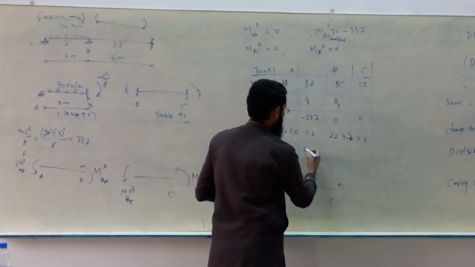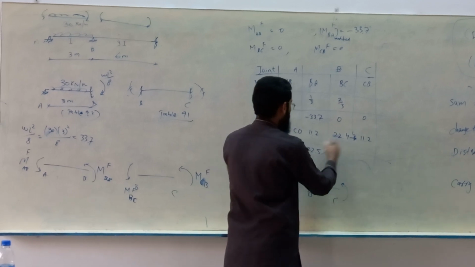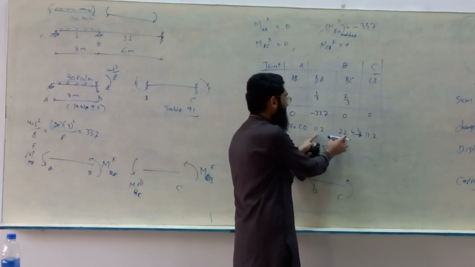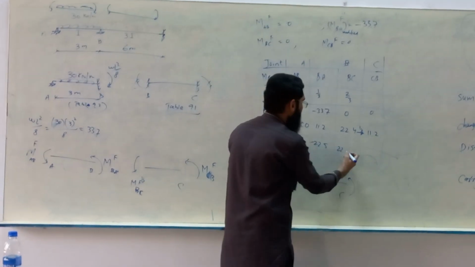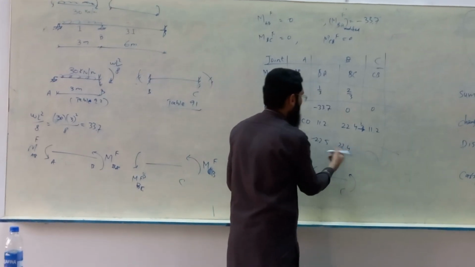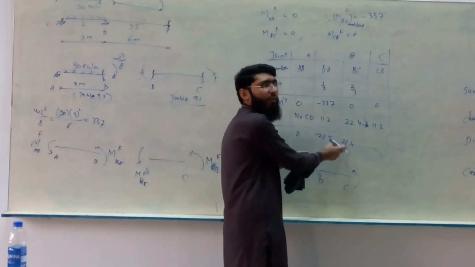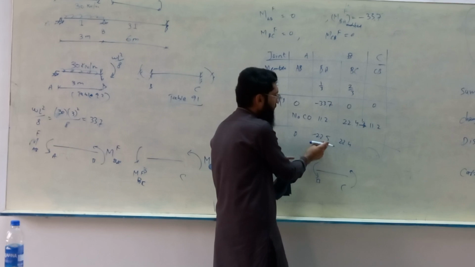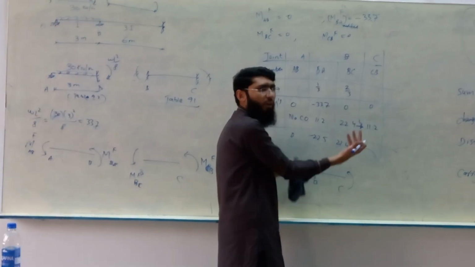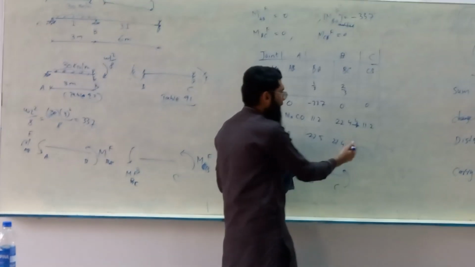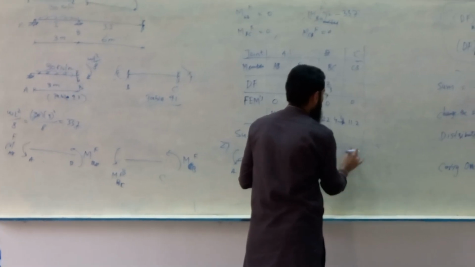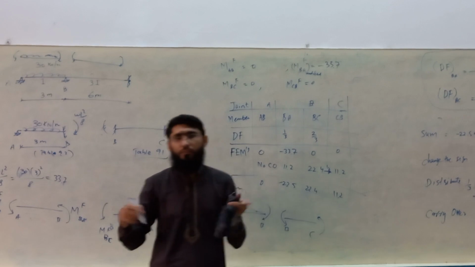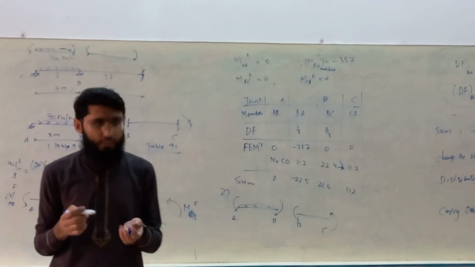व्हाट इज द आंसर नाउ? 22.5 minus, and minus sign 22.4. ये आपने इसलिए किया था कि 11.2 और 22.4 का जो सम था वो 33.6 बन रहा था। उस एरर की वजह से ये एरर आ रहा है। अदरवाइज अगर इस तरह के डिफरेंस हों तो आप दोनों का एवरेज ले लें, यानी इसको भी minus 22.5। ये थोड़ा सा राउंडिंग ऑफ की वजह से आ जाता है। These are the answers once again. End moments. नेक्स्ट स्टेप आपको पता है।